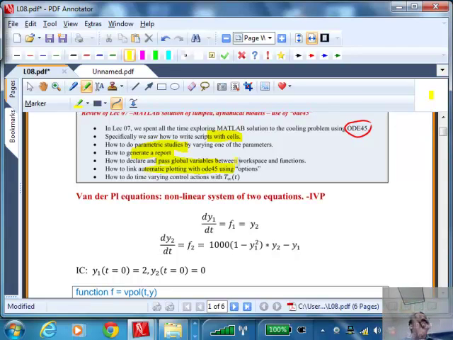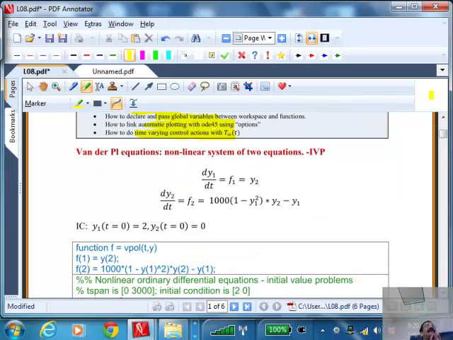There we talked about structures of variables. And then finally the most important thing is how to do time varying control. If I want to maintain an ambient temperature for a certain time and then change it in a programmed way, how do we pass that information from the main program to the integrator? So all these features are important things for you to remember from the last lecture. But the last lecture was about solving a system of linear ordinary differential equations.